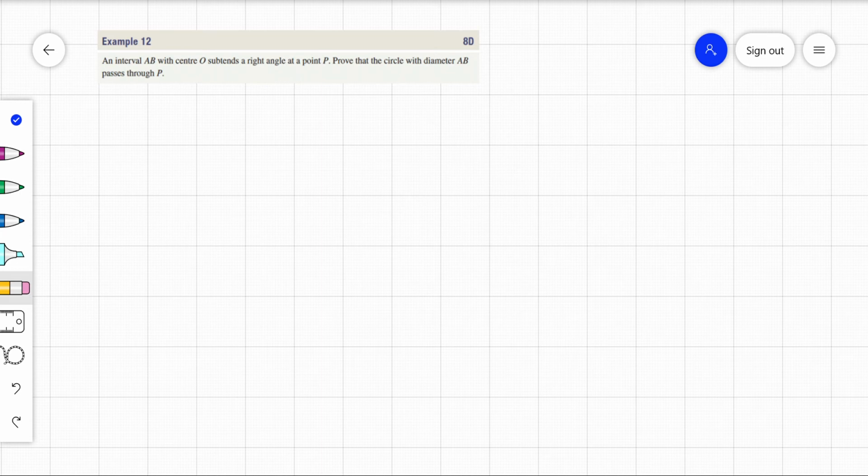Let's set this one up. So an interval AB, with a center O. We know that these are equal to each other. It subtends an angle at point P, so an angle is hanging off it at 90 degrees, and we want to prove the circle with diameter AB passes through